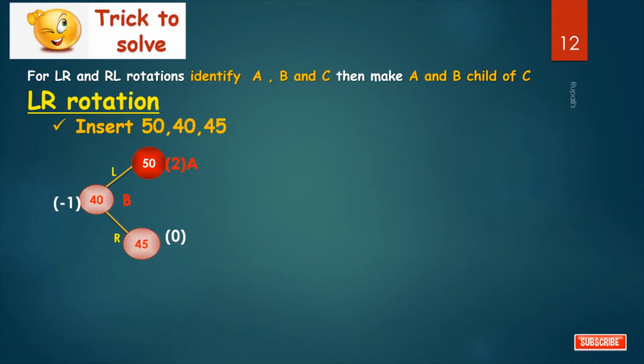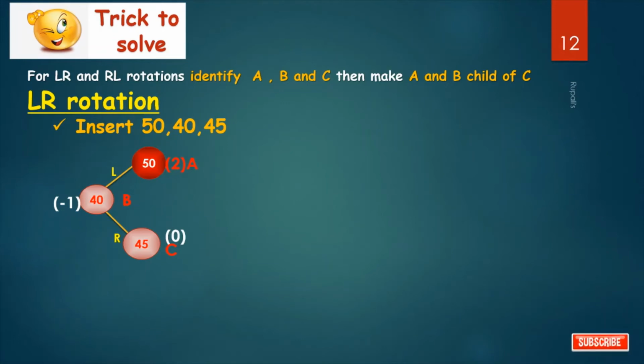Okay. Now what is the C node? C is the child of B. It may happen that B also has two children. Then take that node as C on whose side the new node is inserted. So this node is the C node. Now what you have to do?